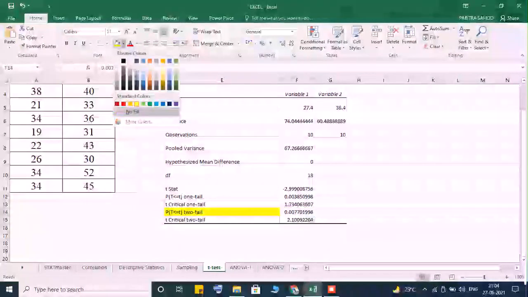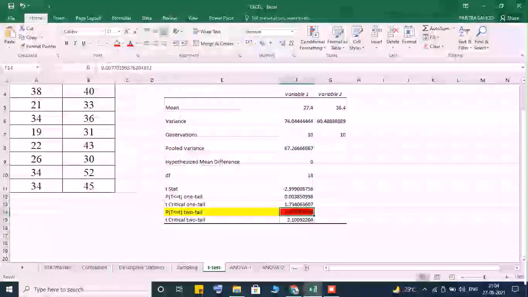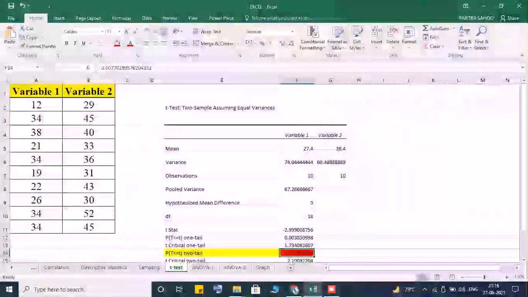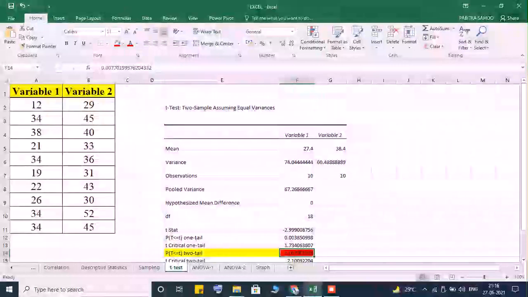That means it is less than 0.05. If it is less than 0.05, that means there is a significant difference between the two variables. That means we reject the null hypothesis and we accept the alternative hypothesis. That is the conclusion of this p-value.